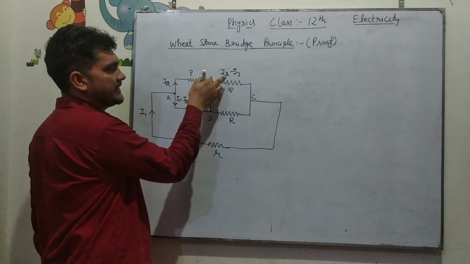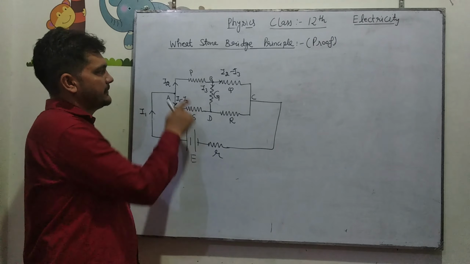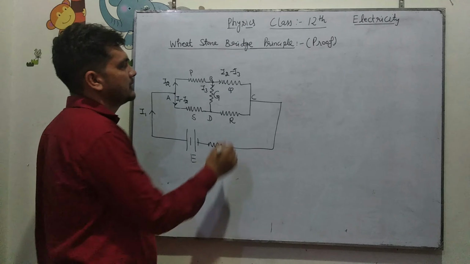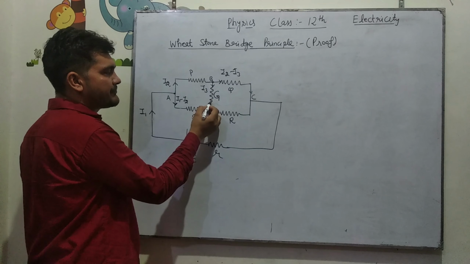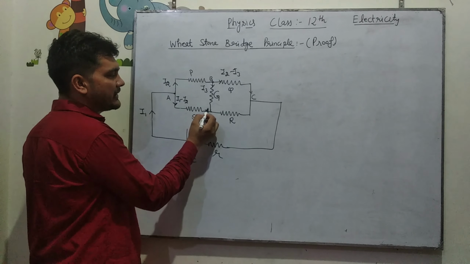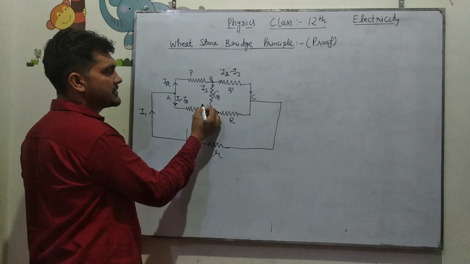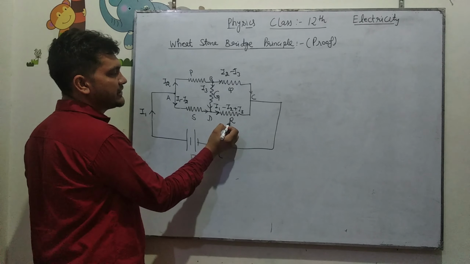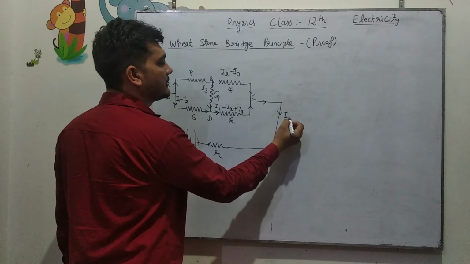Because incoming current is divided into 2 parts. This is I2, I3, then this will be I2 minus I3. Because I2 is coming, I3 is subtracted, then it will be I2 minus I3. So I2 minus I3 current arrives here, and I3 current is coming from this direction. I1 minus I2 current is coming from this direction. These 2 currents are added, and the total current, the sum of these, I1 minus I2 plus I3, flows through this resistance R, and the total current will be I1.